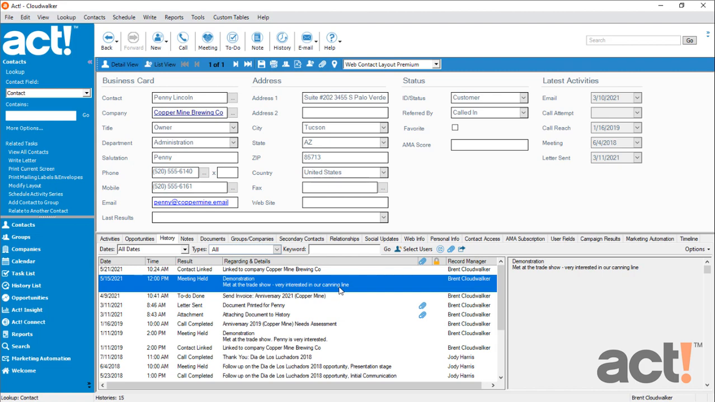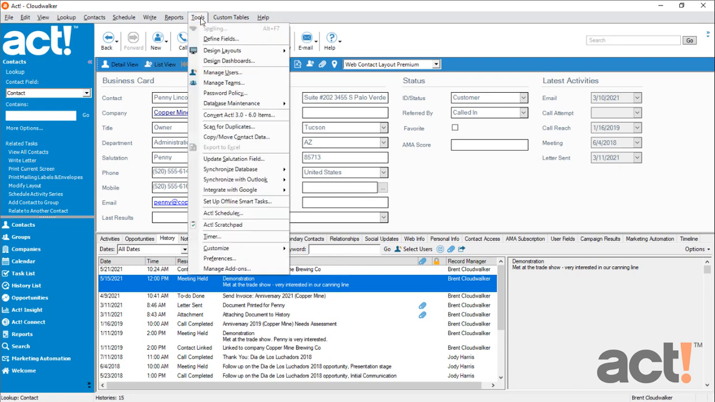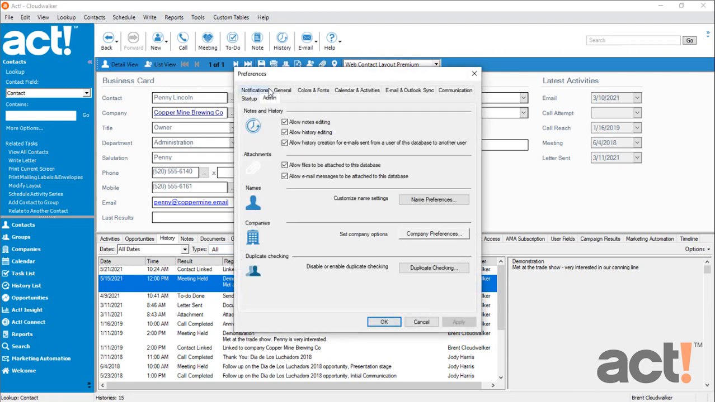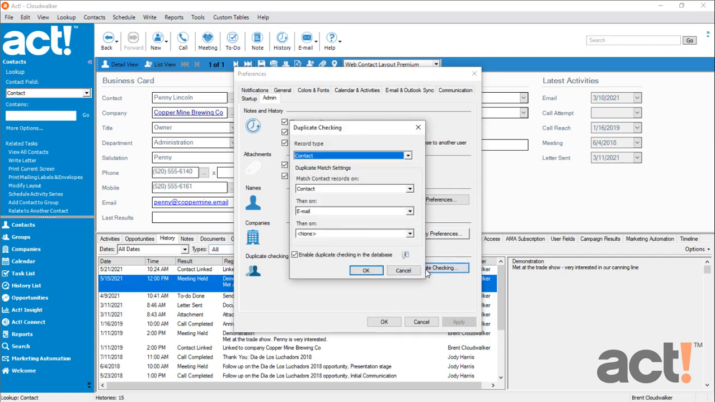Now, to proactively protect our records going forward, let's make sure that duplicate checking is enabled in my ACT database. Once again, I'll go to my Tools menu. This time I'm going to go to Preferences. And on the Preferences window, let's click the Admin tab. Down at the bottom, we have our duplicate checking section. So I'm going to click Duplicate Checking, and here we can enable automatic duplicate checking on company, contact, or group